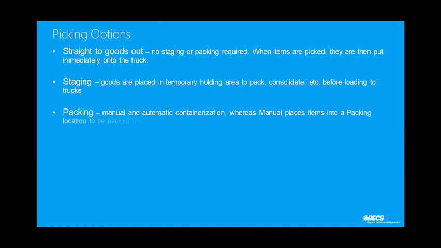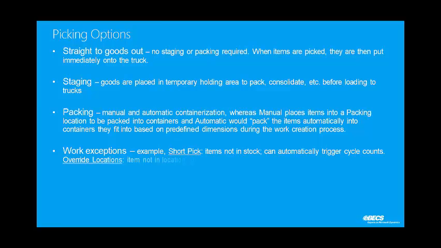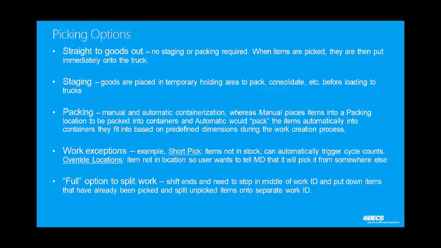So once that work is released to the warehouse, like I said earlier, there are going to be various picking options you could have depending on what your physical process is in the warehouse. So I'm just going to mention a few of them here. The simplest and most straightforward example is straight to goods out. So what I mean by that is you don't do any consolidation, or you don't want to do that in AX itself,